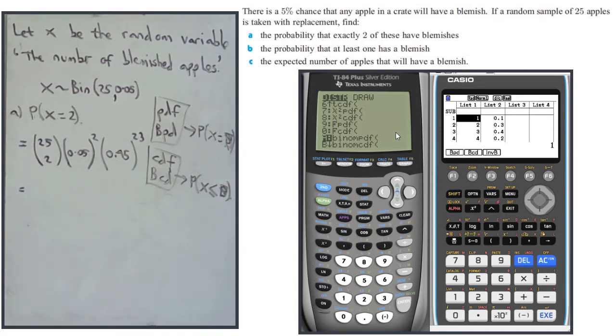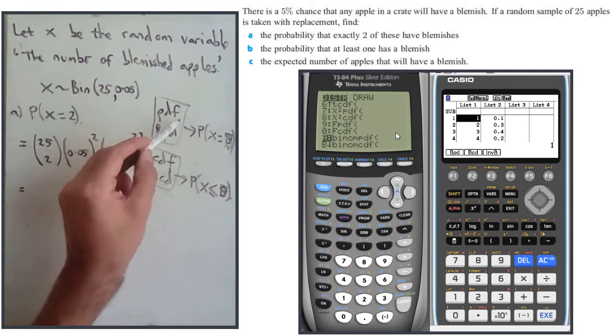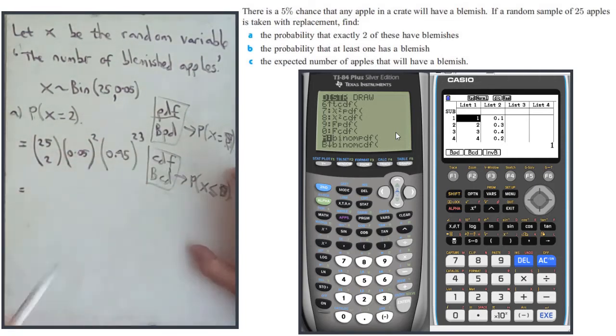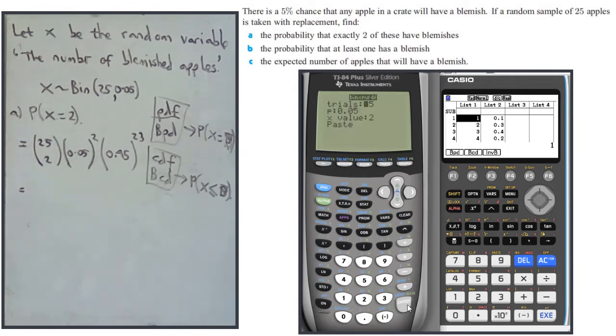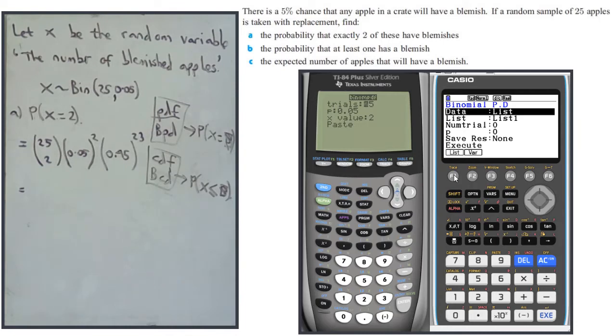So, in our case for part A, I'm finding the probability X equals 2. So we want the PDF on the TI and the BPD on the Casio. On the PDF, I need to tell it that we're having 25 trials, the probability of success is 0.05, and we're looking for the probability X equals 2. I've already put those in on the TI, I haven't done it on the Casio, so we'll go BPD, and